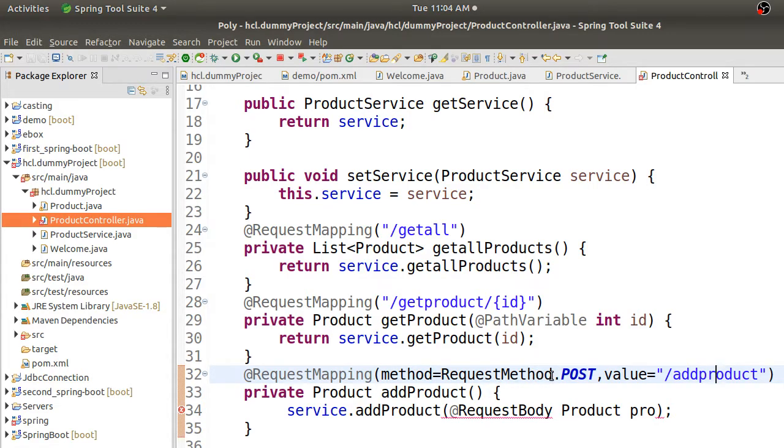Post method post and value is equal to slash add product. Okay, this is fine. I think it should go here.